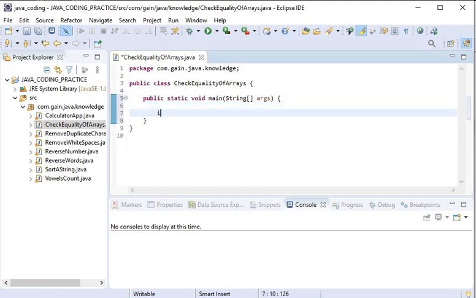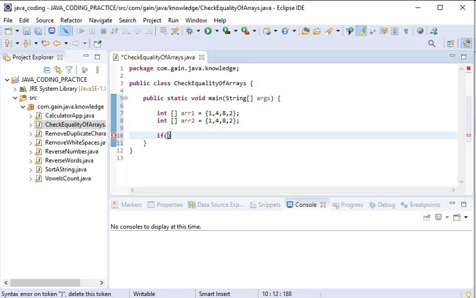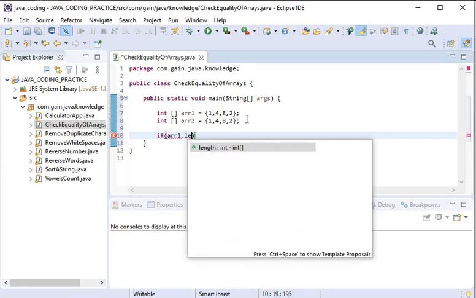Inside the main method I will declare two arrays, array1 and array2. Array1 will contain 1 4 8 2, and array2 will contain the same elements, so I will copy it and paste here. First I will check the length of both arrays. If the lengths are the same, then we will compare each element one by one.